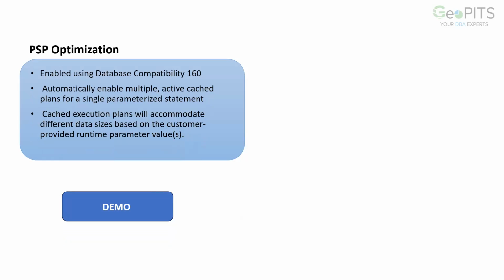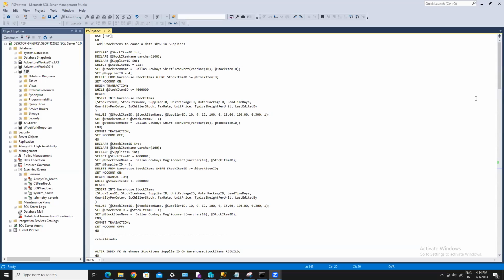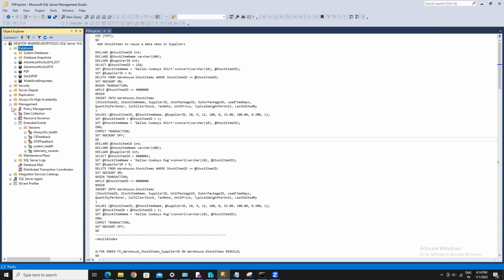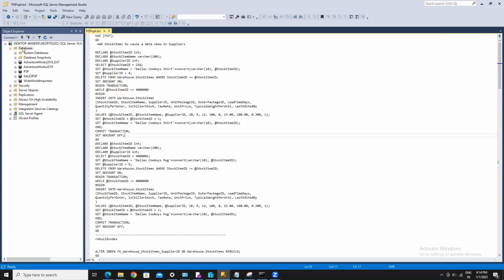Let's quickly jump into the demo session. Here I have chosen the PSP database, which stores all the stocks and the items.